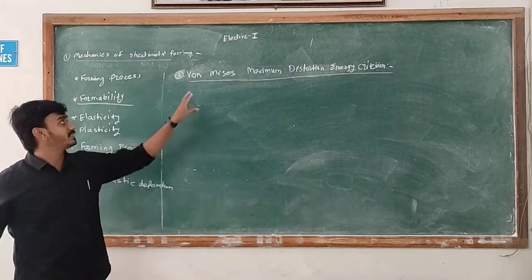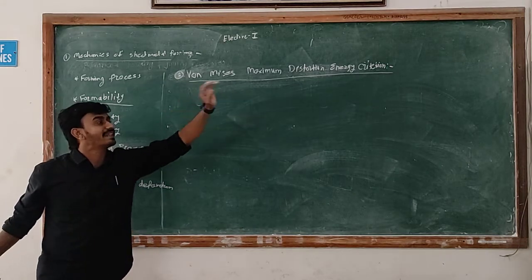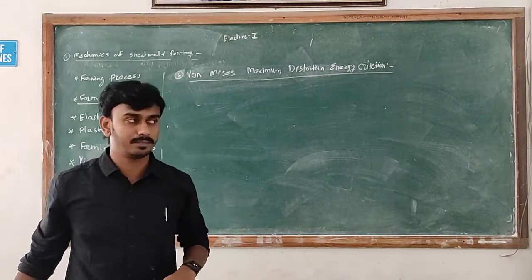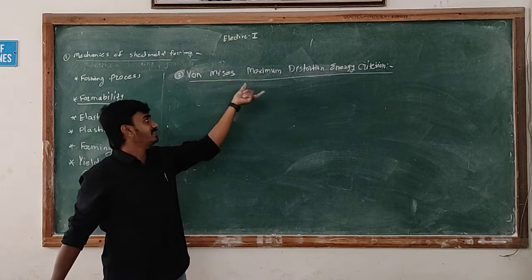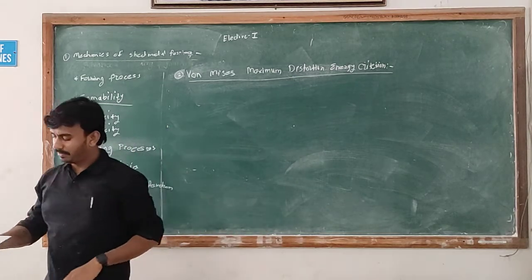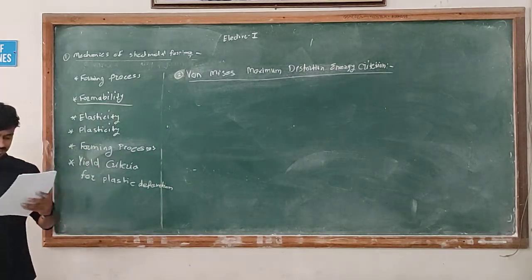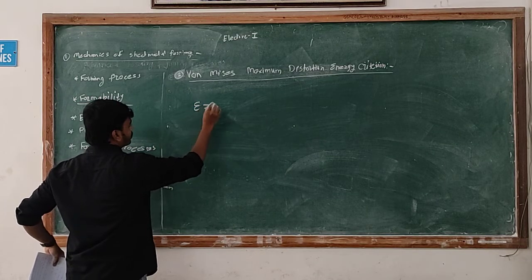So, the second plastic deformation of the material criteria is the von Mises maximum distortion energy criteria. Von Mises is the name of the scientist. So, according to these criteria,